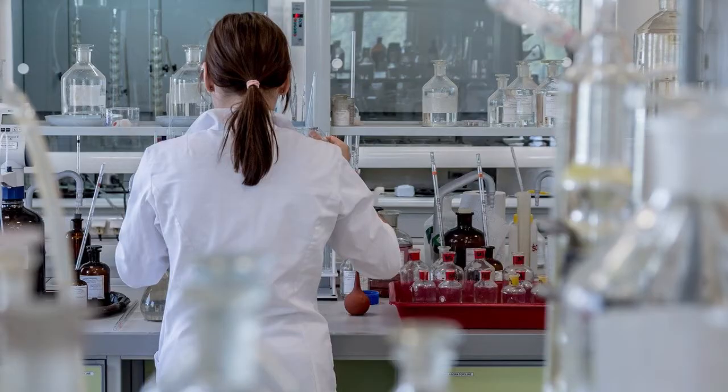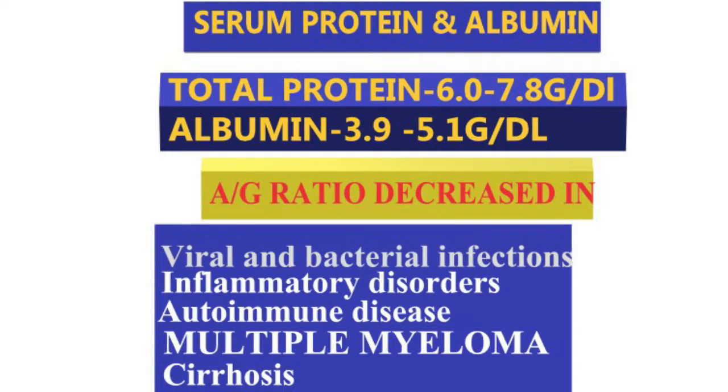We'll see the total protein, albumin and A/G ratio. There are two classes of proteins in blood. Albumin is made by the liver and makes up 60% of total protein. Globulins make up the remaining 40% and they are a varied group of proteins. Some are produced in the liver, and immunoglobulins are produced by the immune system, especially by these plasma cells.